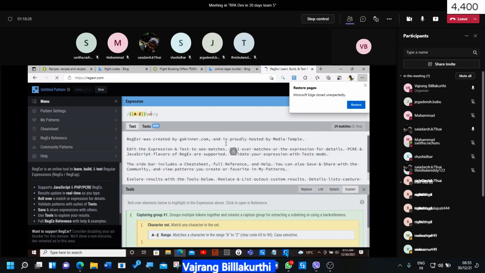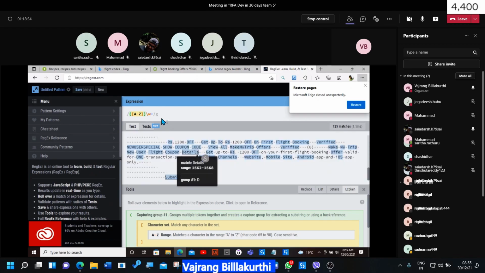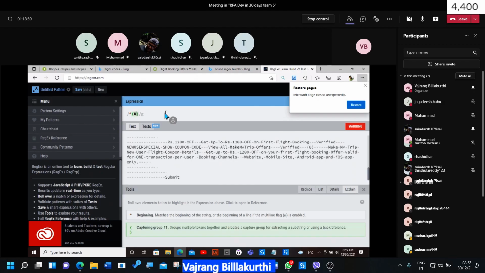But if it should start from something, then we should have Control A, Control V. Okay, it should start with what it should start. When we are having start, it should be with up arrow, beginning, and it should match with rs dot.